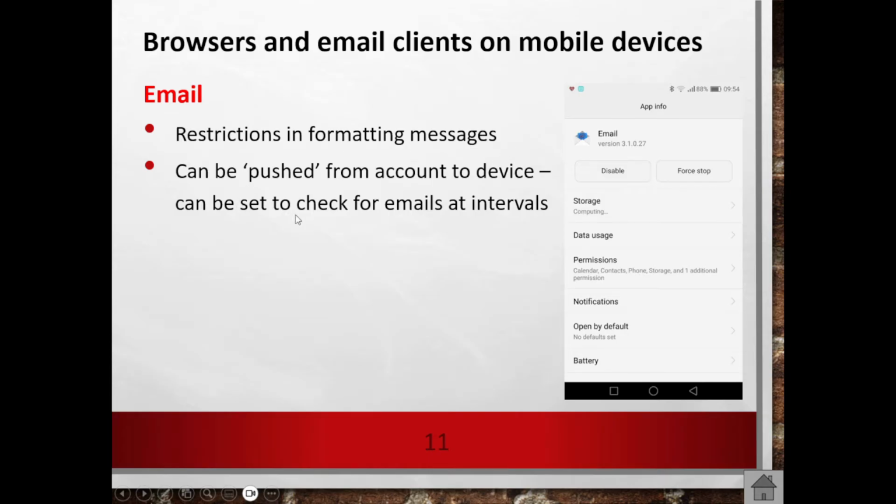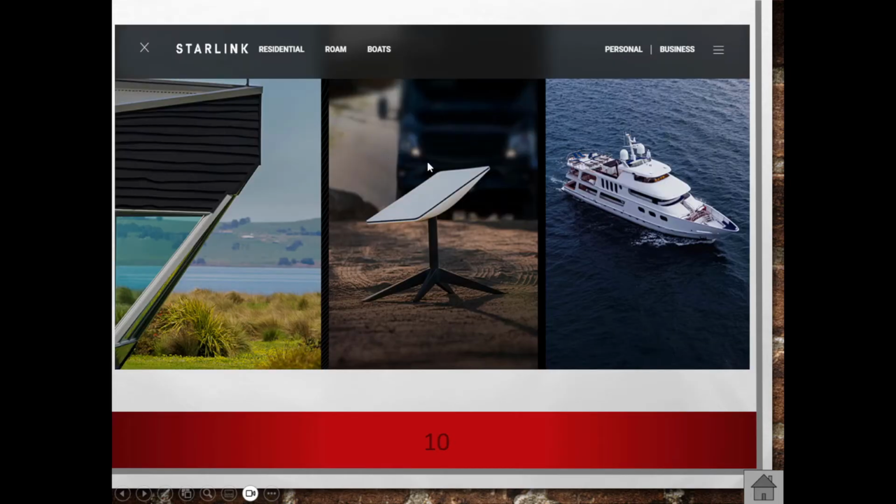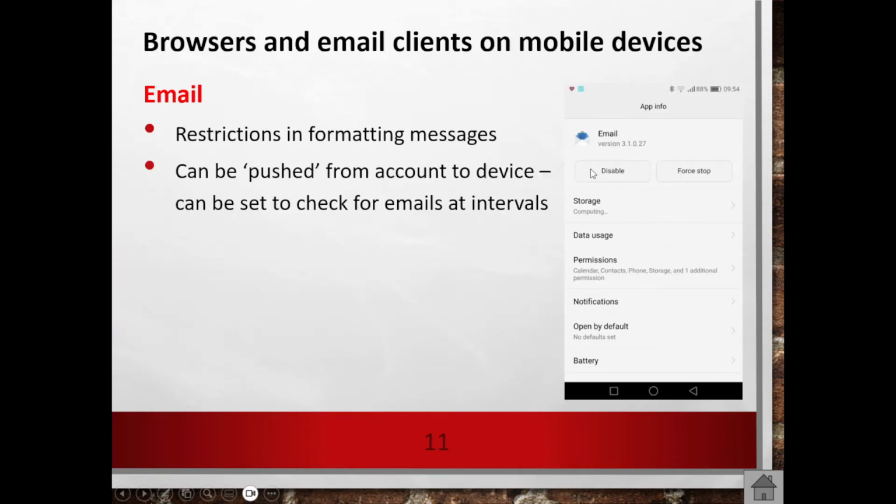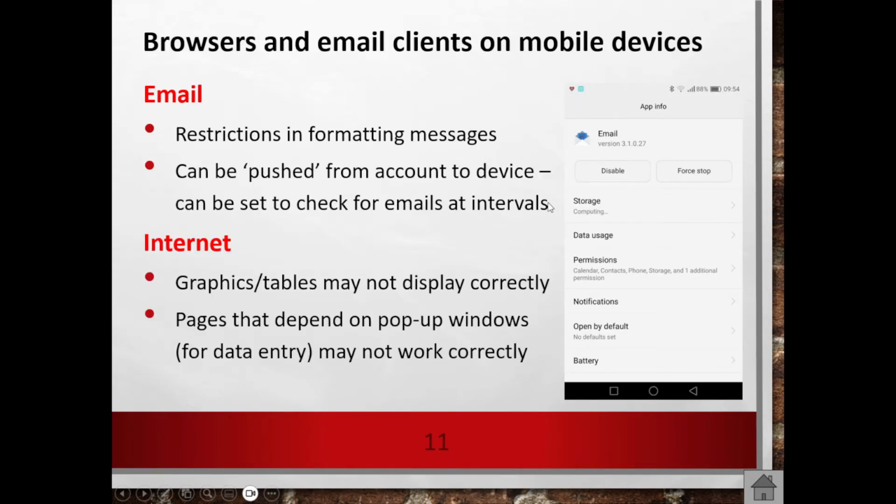So they can be set to check for emails at intervals. This is why when you have your phone's data on, you'll see as you receive emails, those emails will actually come through. So that is just part of what the app does. It's pushed from the account where the ISP is. Let's say it's with Starlink. It gets pushed from there to your device.